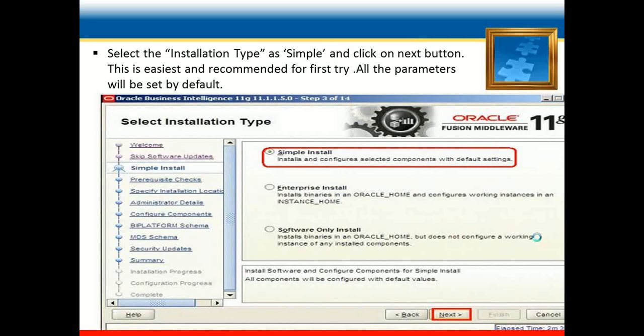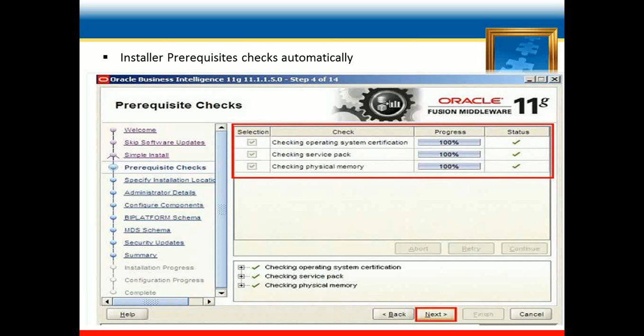Just click on the next button, and in this screen it checks the prerequisites automatically. As mentioned in the slide of prerequisites, here it checks the operating system certification, the service pack, and the physical memory.